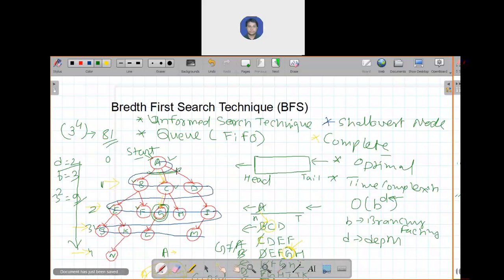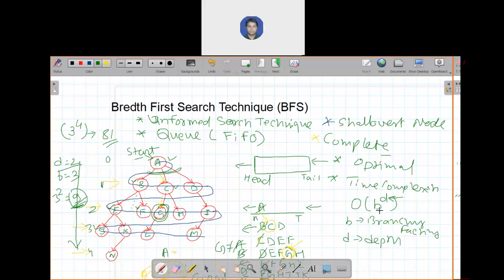So you can see we have searched B, C, D, that is 3, and 2 more each. If it is 3, then 3, 3, 6, and 3, 9. So maximum search to reach from start state to goal state, you have to search 9 times. Okay, is it clear? In this way you can show the time complexity of your breadth first search technique, which is B to power D, where B is branching factor and D is the depth.